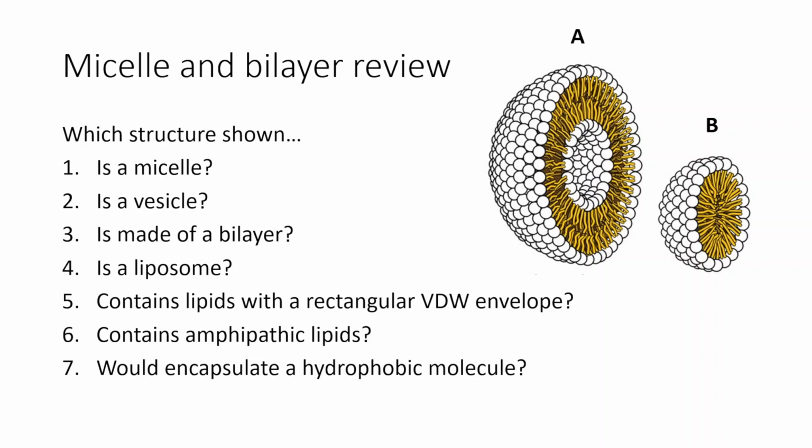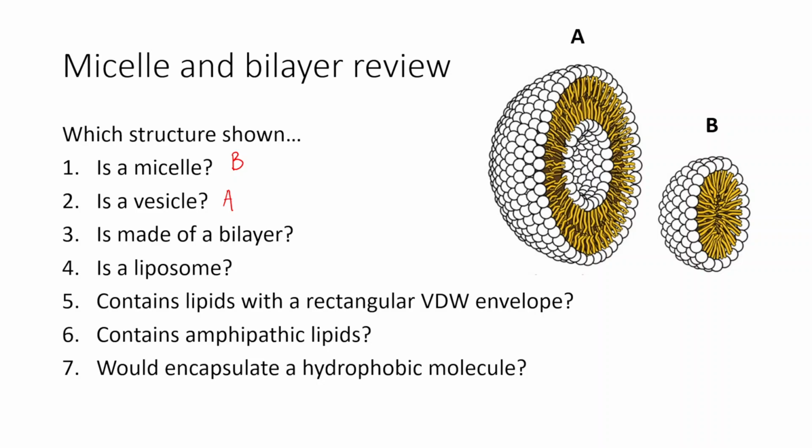All right. So let's start thinking about micelles and lipid bilayers. So first of all, of these two structures, A and B, which one is a micelle? Yeah, B. Yep. So which one, therefore, is a vesicle? A. Excellent. Yeah. And so the main difference about them is essentially how many layers each one of them has,